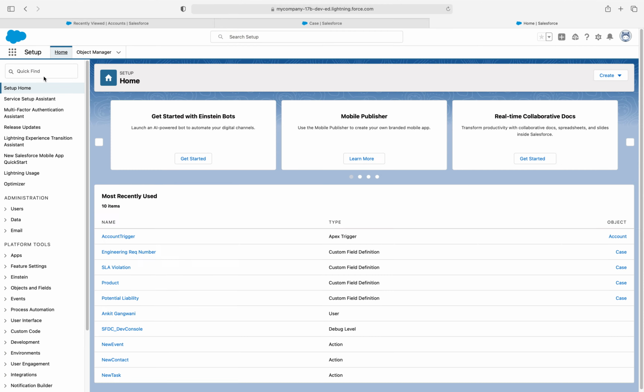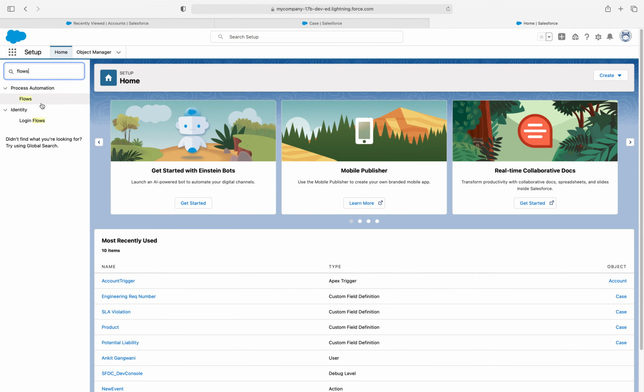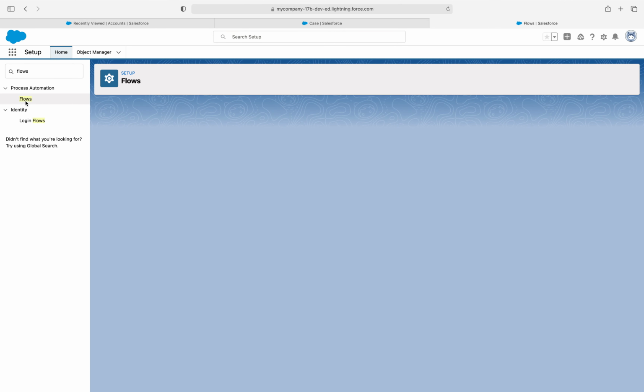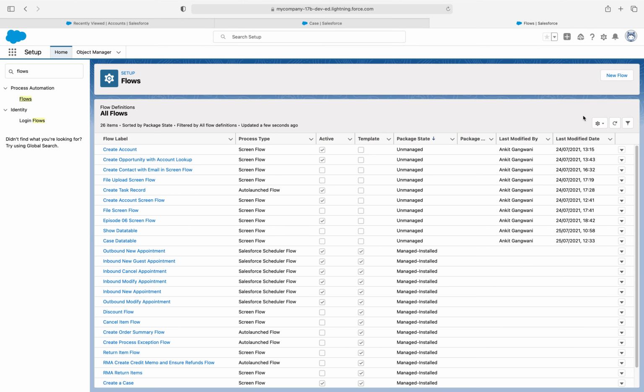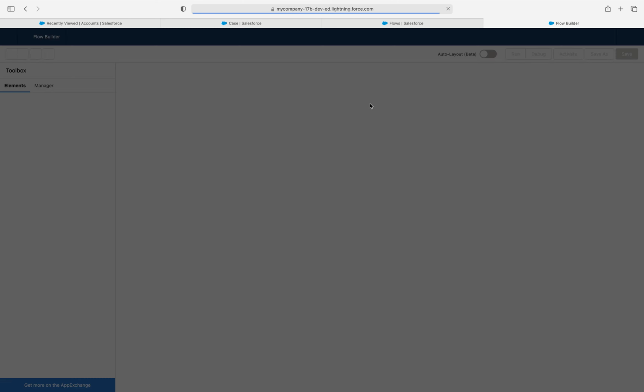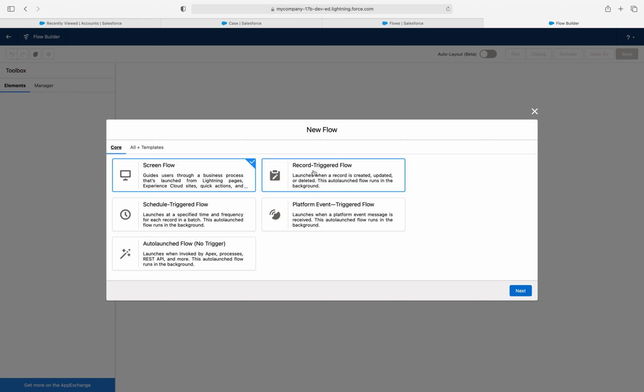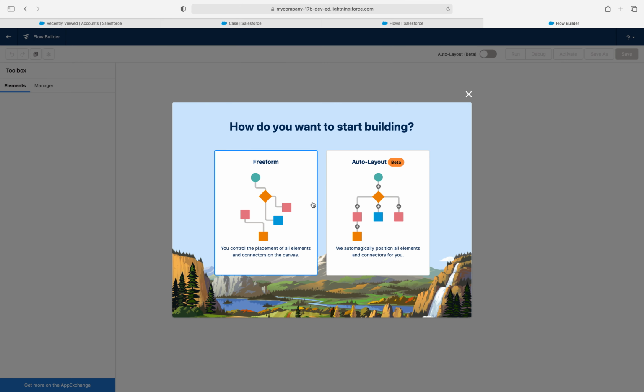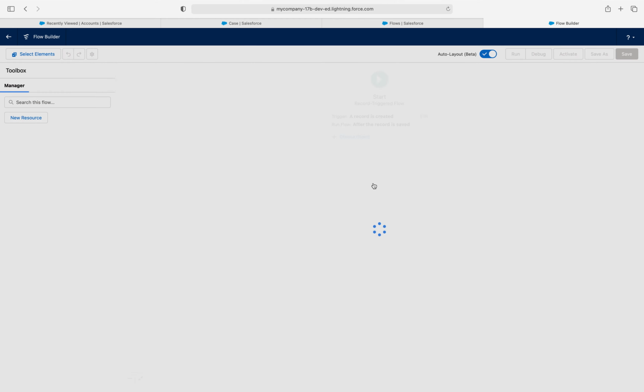To create a record triggered flow, we need to go to Flows, New Flow. Here you can see that in our previous episodes we were working only on screen flows. Now from these episodes and further episodes we'll be working on record triggered flows. So select Record-Triggered Flow, click on Next, and as always, Auto-Layout.